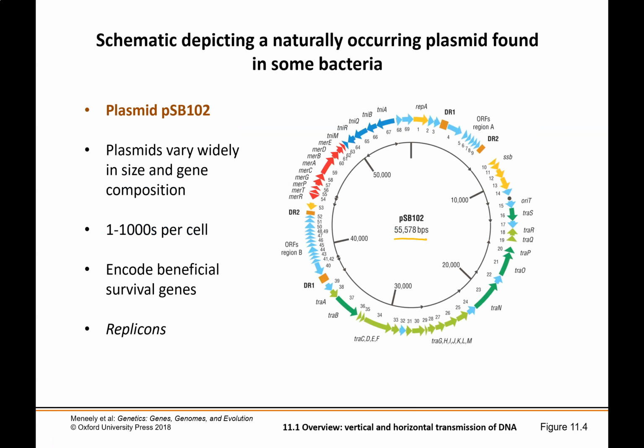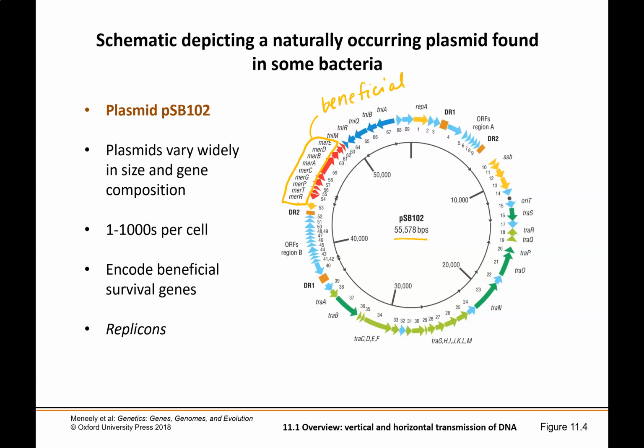And you'll see that it encodes a variety of genes. This particular plasmid encodes a set of genes that give it an environmental advantage. It allows it to live in a special environment. These genes actually allow it to be resistant to mercury in its environment. So mercury in an environment is normally detrimental to living cells, but this particular plasmid encodes genes that allow it to cope and be resistant to that mercury. So here's our example of one of those beneficial survival genes or beneficial environmental genes.